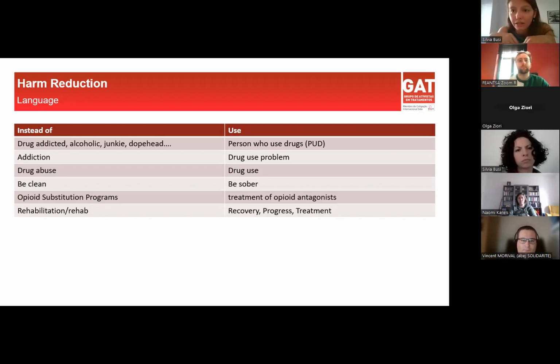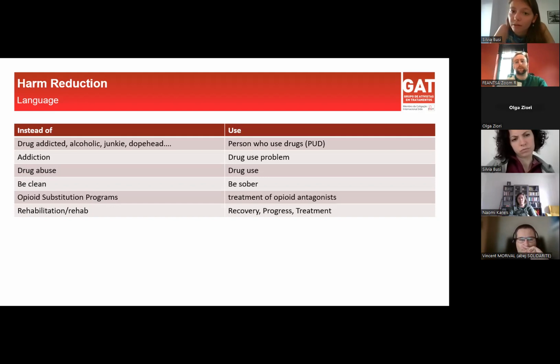Instead, when we say drug addict, we make the drug and the use the main part. And we are, again, reinforcing stereotypes. We don't say addiction, we say drug use problem, mainly for two reasons. Addiction is a medical word, so it is not judgmental per se, but it became judgmental in recent years. Addiction is something bad, something that you should not have, and it scares people. And also most of us are not able to make a diagnosis of whether the person has an addiction or not. We are just assuming things that we don't know for sure.